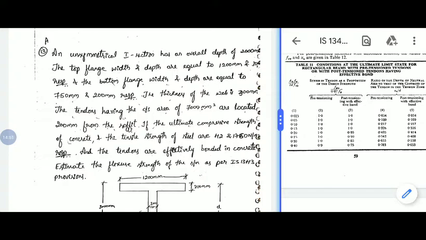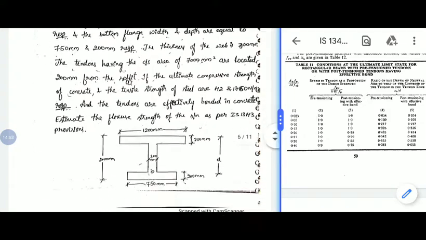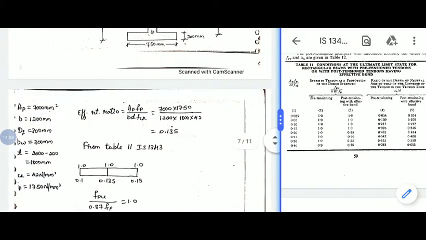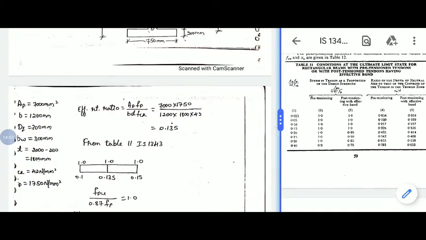So it is case number 2. All the details are given, the I section and everything. The area of steel is given, AP is 7000 mm square, and the width of the beam is 1200 mm. So obviously we need to consider the top width of the flange. The thickness of the flange is 300 and the thickness of web is 300,